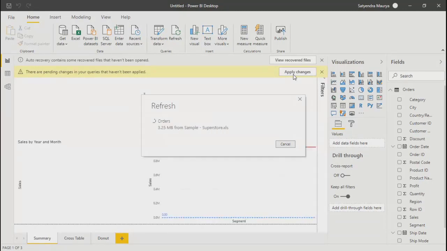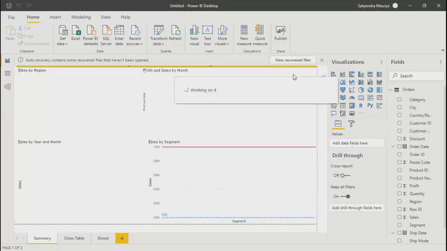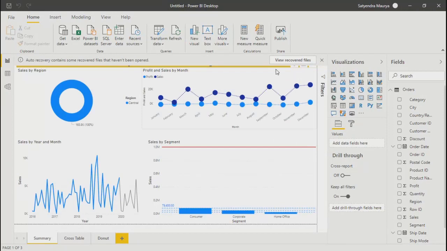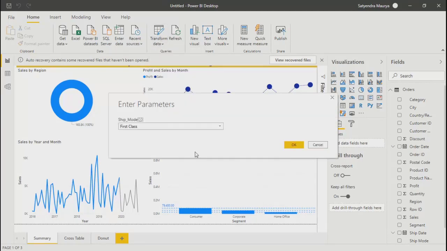That's the reason I was asking. This recovered file, I believe, is coming from the auto save option. In all Microsoft products, you have an auto save option. If that option is enabled, it will keep saving. So auto recovery contains some recovered files. That's why you can see the parameter, but let's see whether it is working or not. If not, we need to go back there.